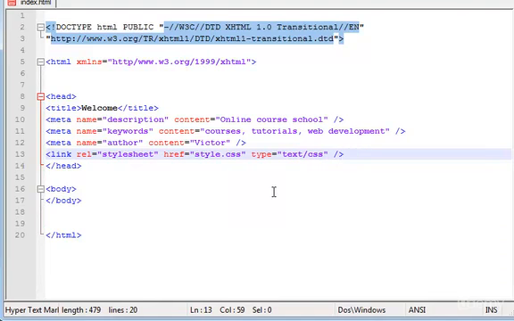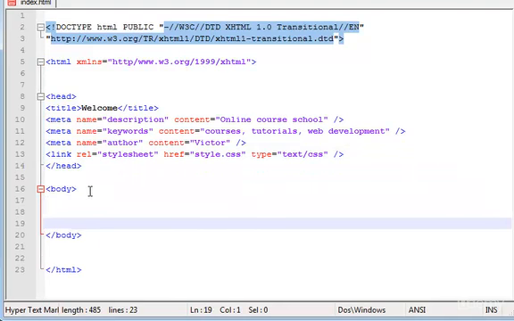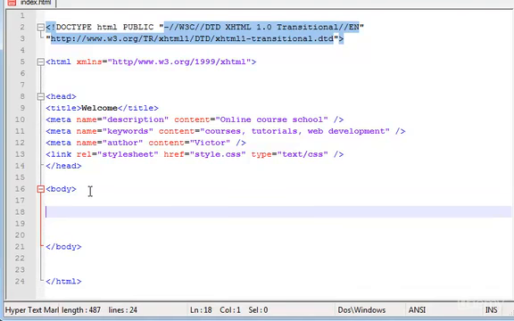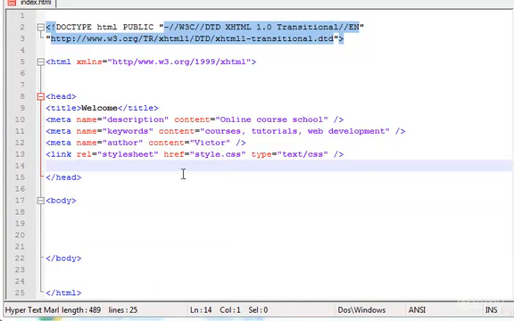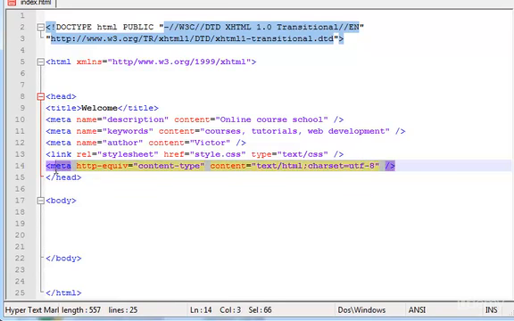Okay, and that's basically it for now for this video. I'm gonna create in the next video the CSS file, and we'll start creating the divs, okay, and the sections of the web page. So see you guys in the next video. Bye. Oh, and I almost forgot, this line of code here that I'm going to paste now, it's for the